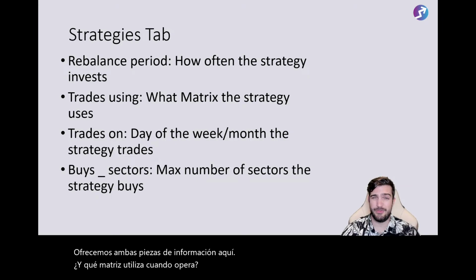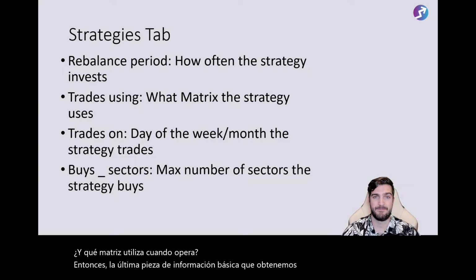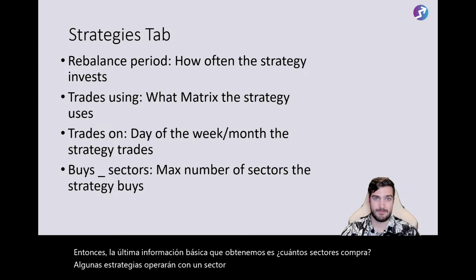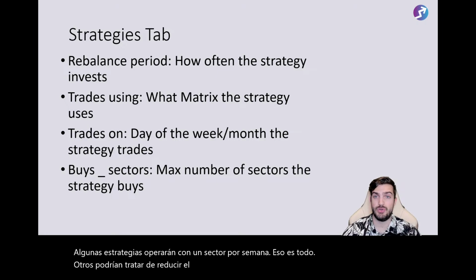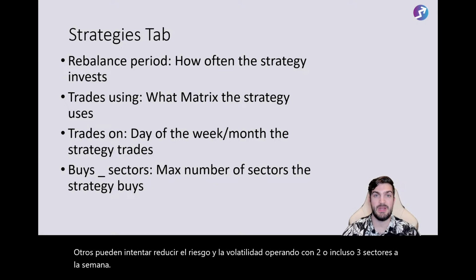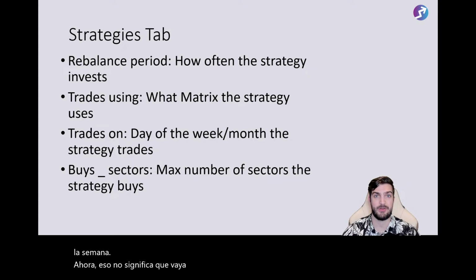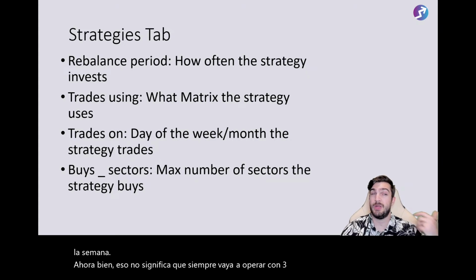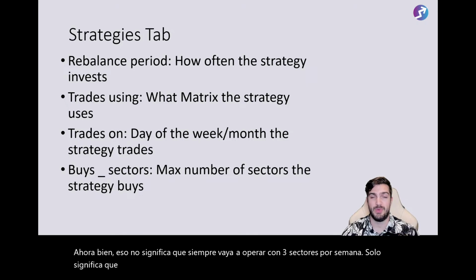Then, the last piece of basic information that we get is how many sectors does it buy. Some strategies will trade one sector per week. That's it. Others might try and reduce risk and volatility by trading 2 or maybe even 3 sectors a week. Now, that doesn't mean it's going to always trade 3 sectors per week. It just means it will trade up to 3 sectors per week if 3 sectors match what we want them